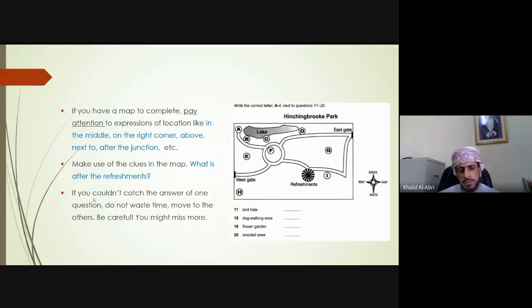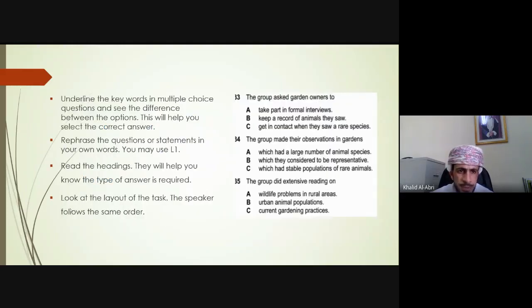And another tip, of course, you will miss something in listenings, but if you miss something, don't try to recall. Don't try to remember what he or she has said. Otherwise, you will miss more information. So better to skip the missing one and move to the next one. So that is about the